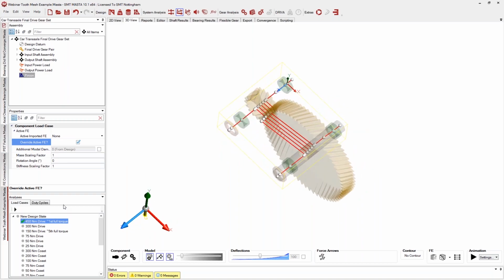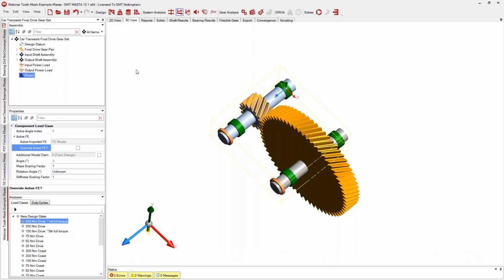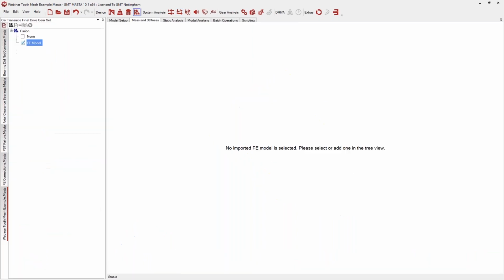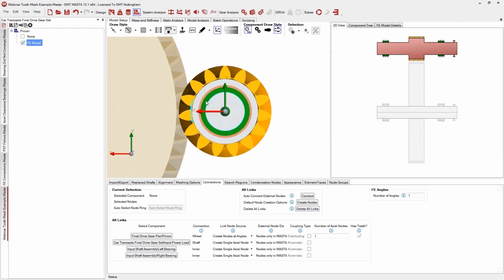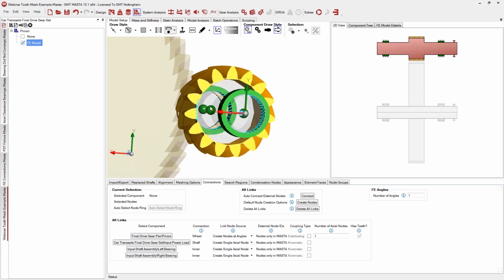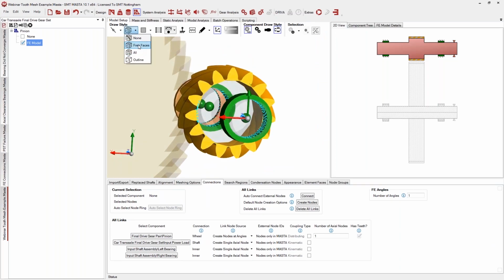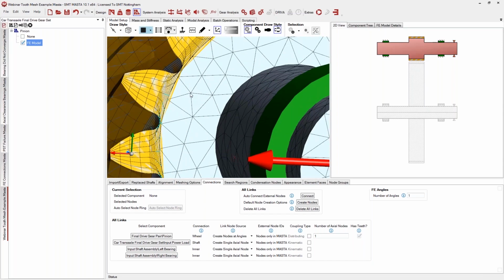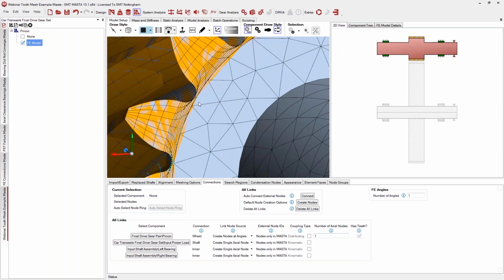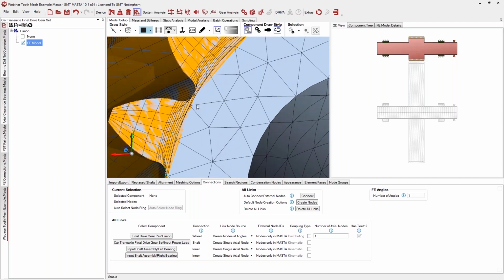MASTA's happy with that, it runs. So we know now that there's a problem with the FE. Okay, so this means I need to go to the imported FE tab and have a look at my FE model. I'm not going to go hunting around too much in this model right now. Finding this without knowing where to go to could take a while, but the problem that we've seen is solved,